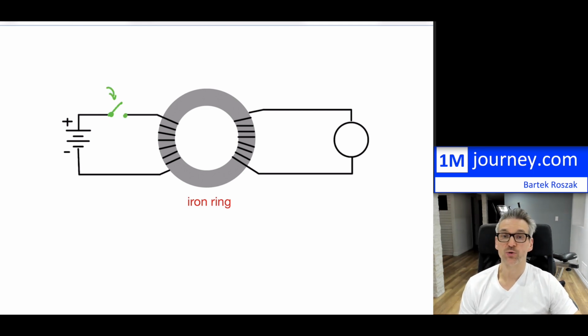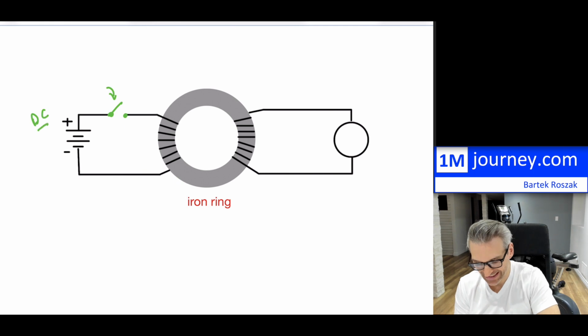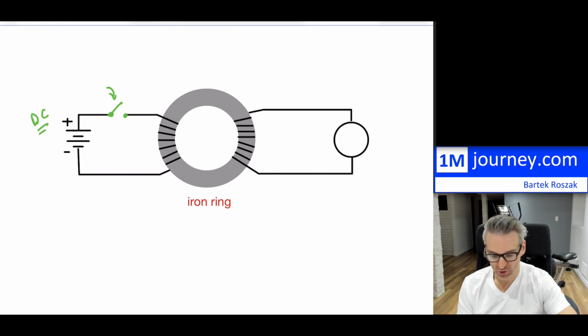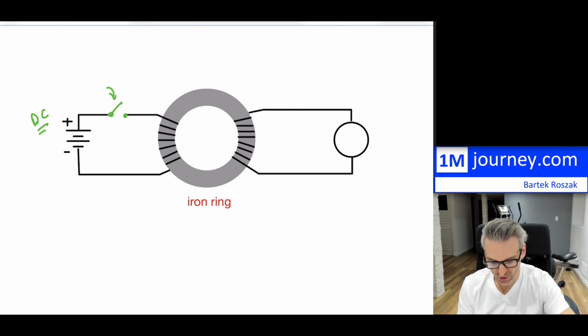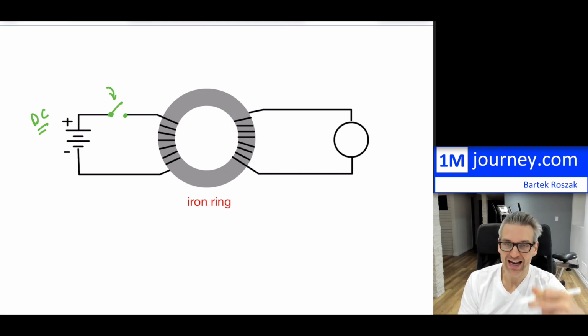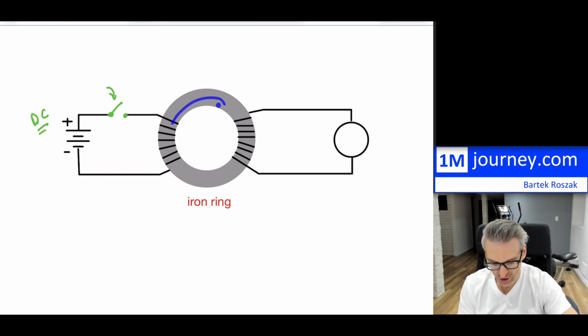So when you close the switch, you allow the current to flow. And for an instant of time, even though this might be a DC current, this will induce a magnetic field. And for that little instant, it's going to have a changing magnetic field on this side around as well. And that is what we ultimately would like to do. We would want to be able to induce a current